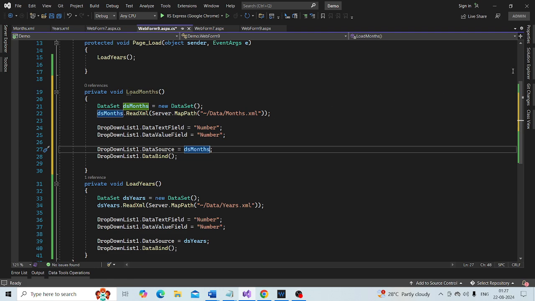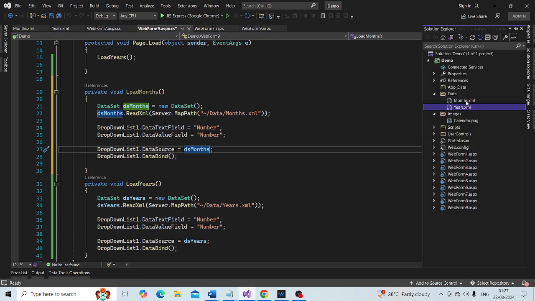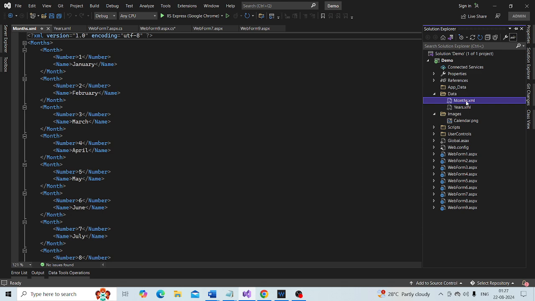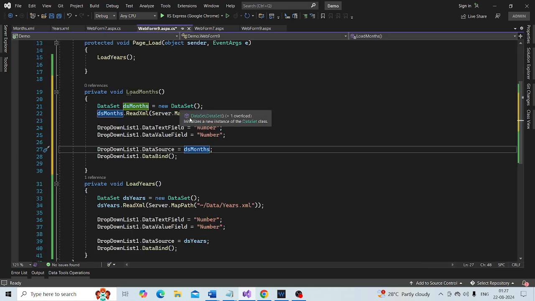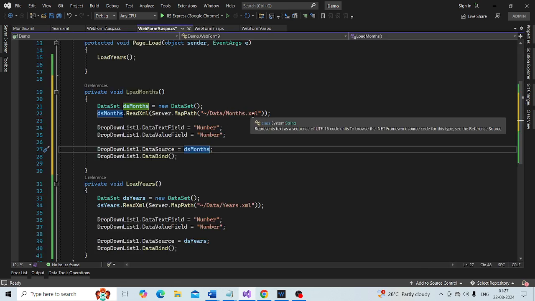We have already done this. As you can see, the months.xml file, and then specify that here.